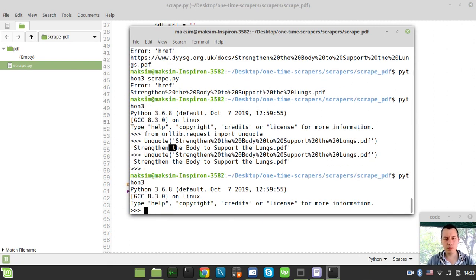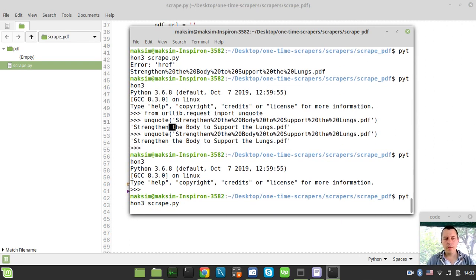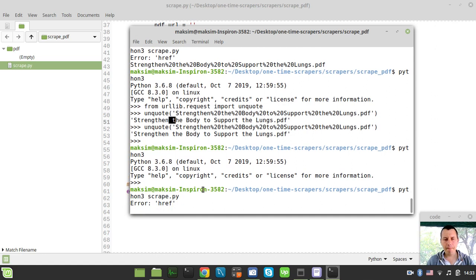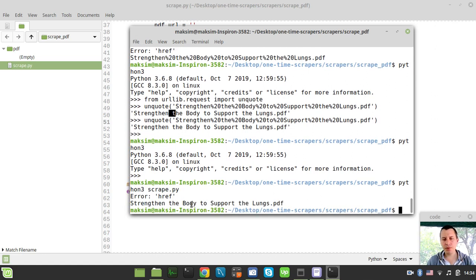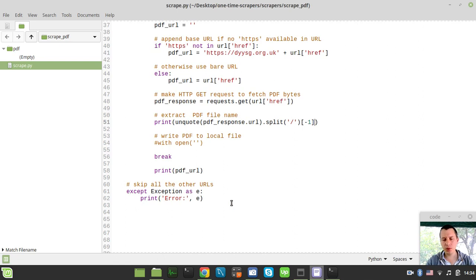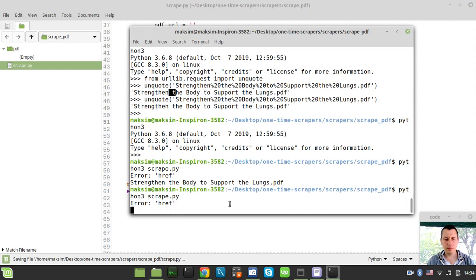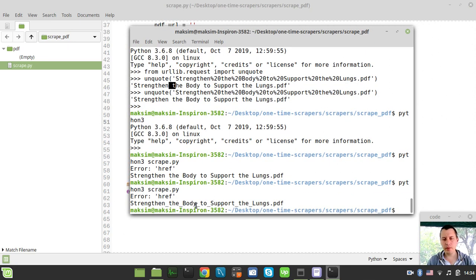Oh my god. Okay, now it's been printed with the empty spaces, so we can say simply replace the empty space with the underscore. Okay, now like the file name, now it's much better, because otherwise with these empty spaces it might have